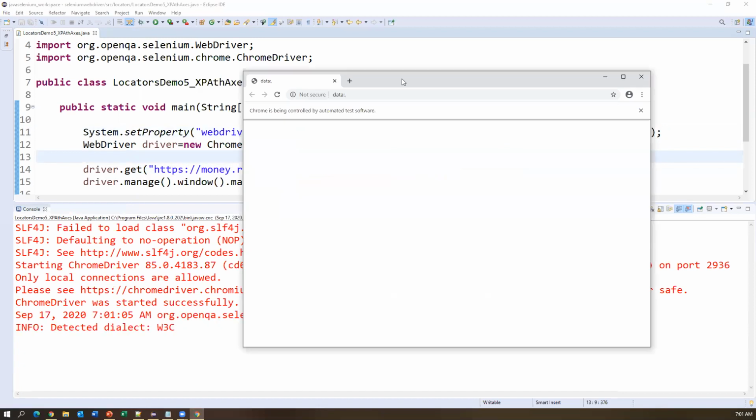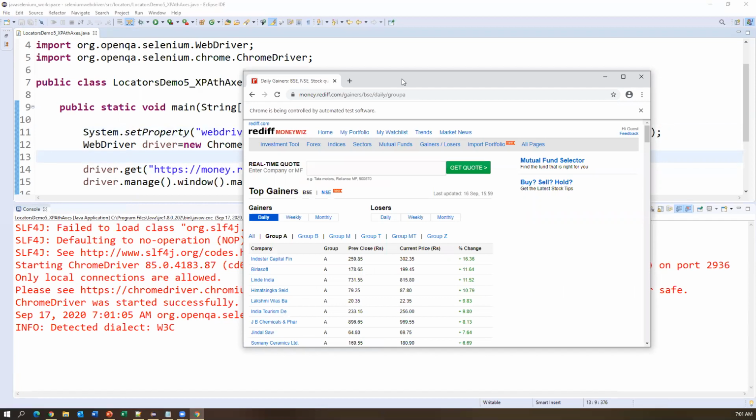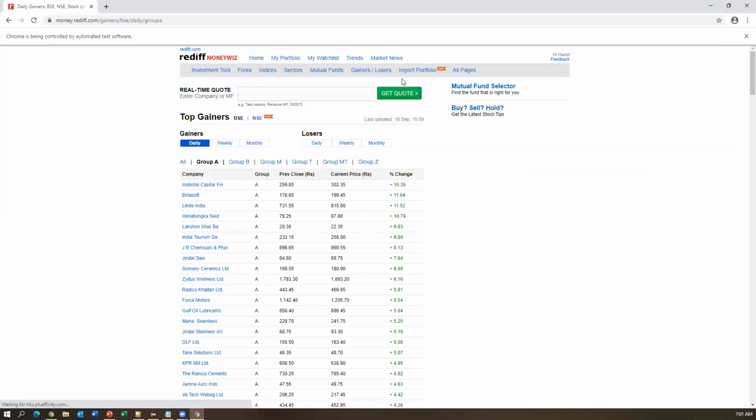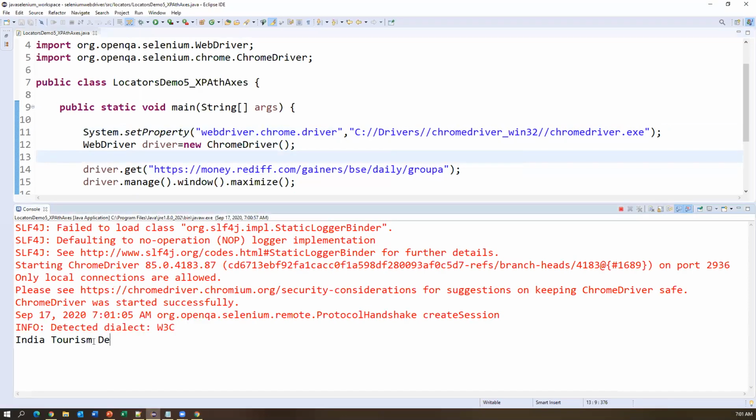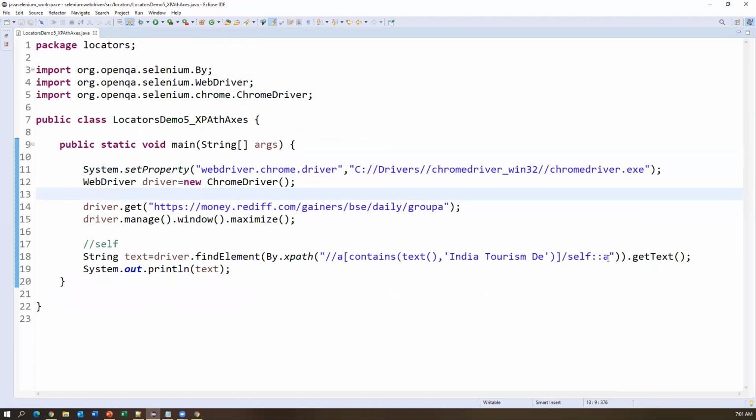Okay, so now it is launching my web page, opening this URL. Okay, so now we got some text here. Let's look at here, we got the text from the node. Okay, so this is how we can use self access. Self is representing the same element, whatever element we are writing XPath for, the same element is represented. Self means the same itself. The node itself is called a self. Okay, so now we'll see one more.